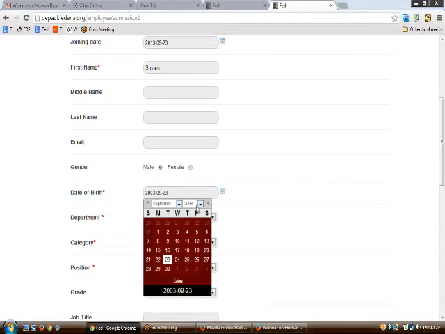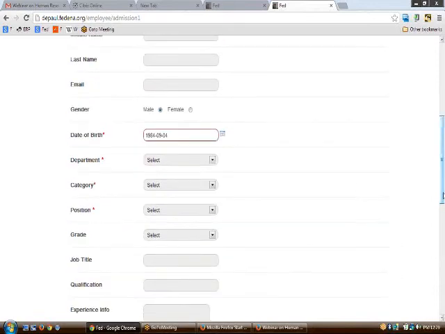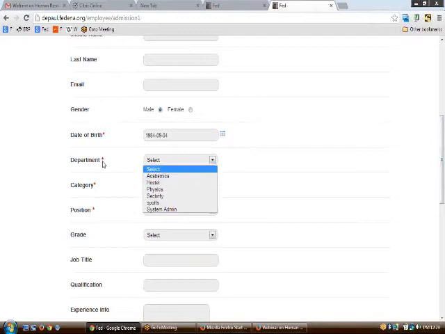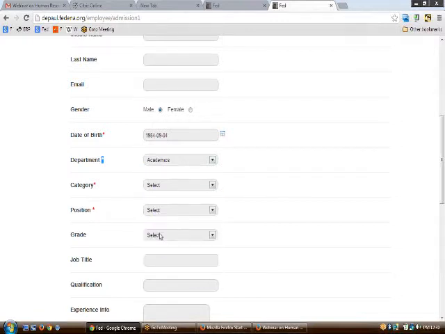Please note that all the fields that you are able to see here are the mandatory ones. The mandatory ones that you are able to see are marked with an asterisk. So these fields are to be filled up anyhow to proceed with the admission. But we would always recommend you to use all the other fields so that you can have a clear and better picture of the employee in the profile.